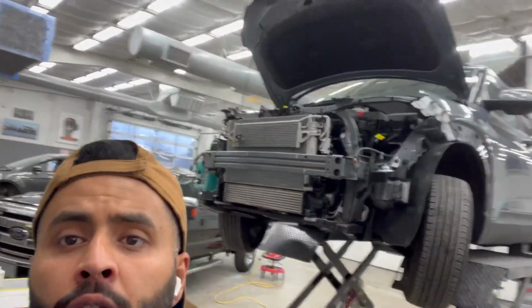But now it's time to write the supplement and take the car back outside to hear back from the insurance companies, because how we work, bring a car in, we write the supplement, we send it back outside to wait on approvals mostly, but then when we get the approval, we have to wait on parts. 2022 parts, yeah, it takes a while to get parts. So